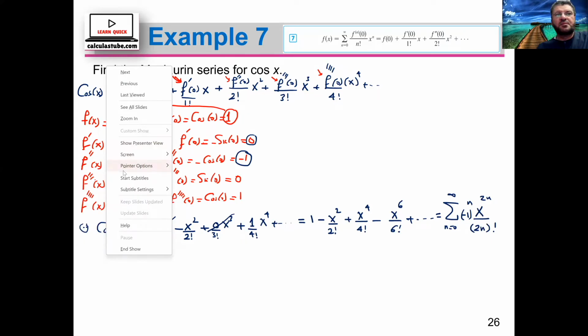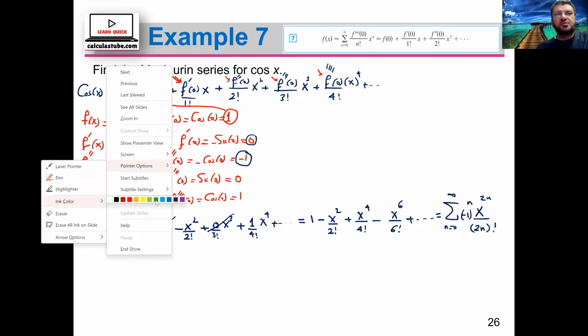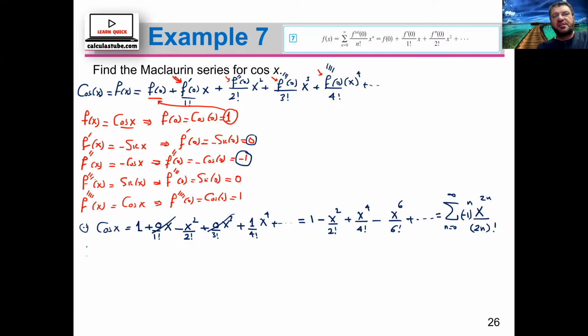All right. Take a color to be green. We're going to take the limit of a_(n+1) over a_n as n goes to infinity. This is the limit as n goes to infinity. Now this is, as you know, your a_n. So it's (-1)^(n+1) times x^(2(n+1))